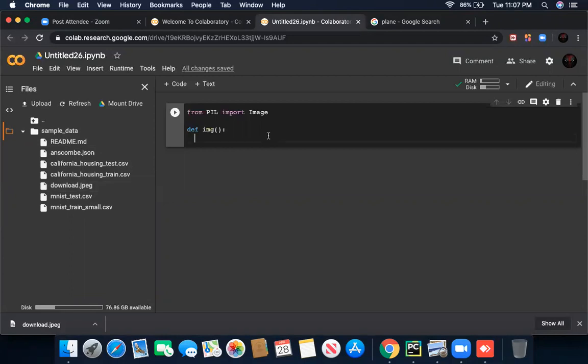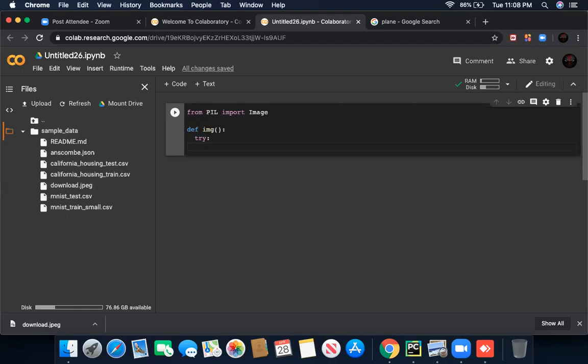Now the remaining program we are going to make. I'm going to make a try, because my image may contain some kind of raw data, some kind of raw information which I don't need to print with the image.